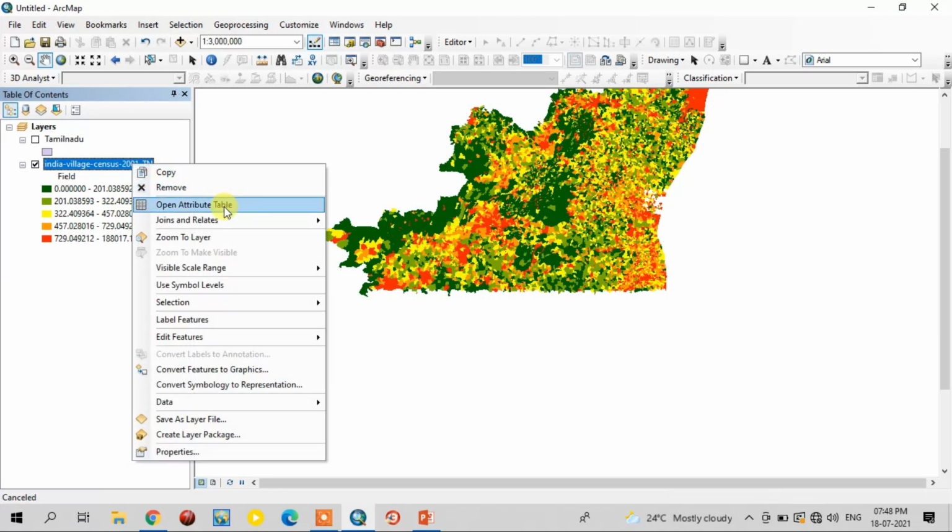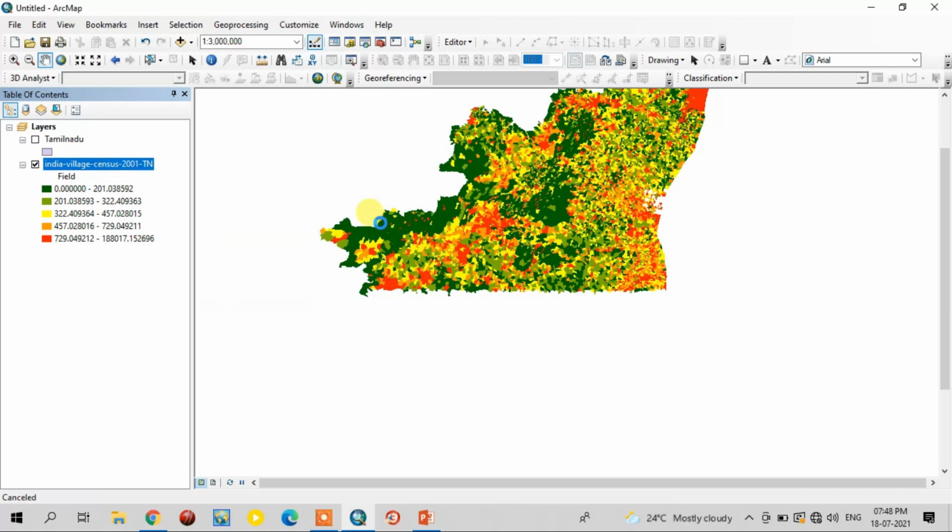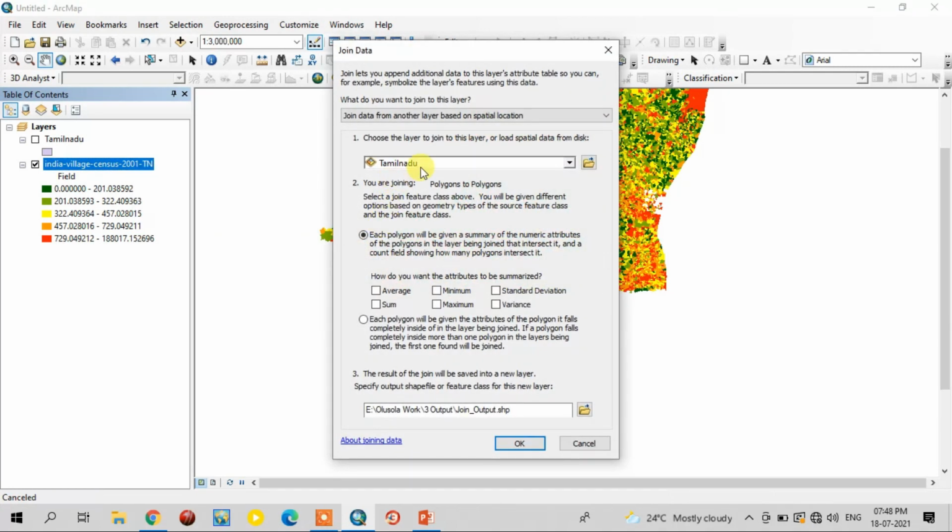Just right click on it, select join and relate option. Here you select the join option. Choose the layer to join to this layer. So I am going to join this Tamil Nadu shapefile into this India village shapefile. So I am here selecting Tamil Nadu. This join option is not by attribute table, but by spatial location.